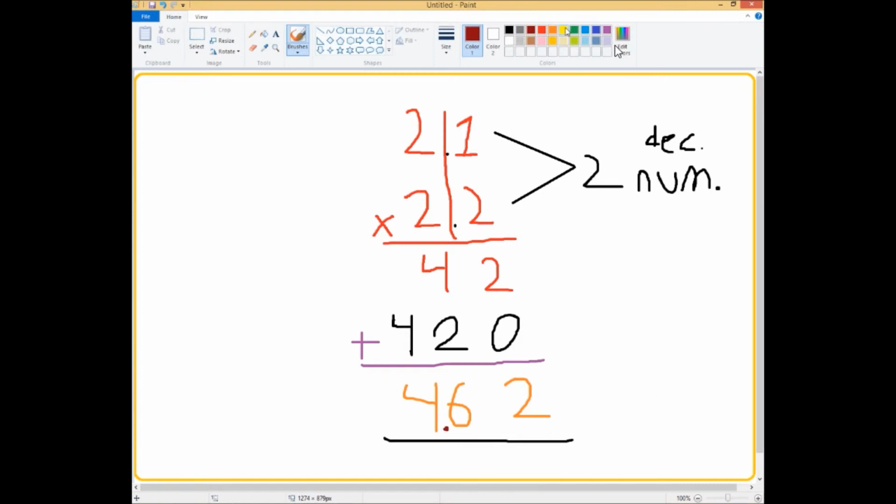So it would be 1 space, 2 space. I'll just label it so y'all can see. So 1 space, 2 space, because there's 2. Remember, there's 2 decimal numbers, so you got to do 2 spaces, right? So our answer would be, let me say this in real number terms: 4 and 62 hundredths, and that would be your